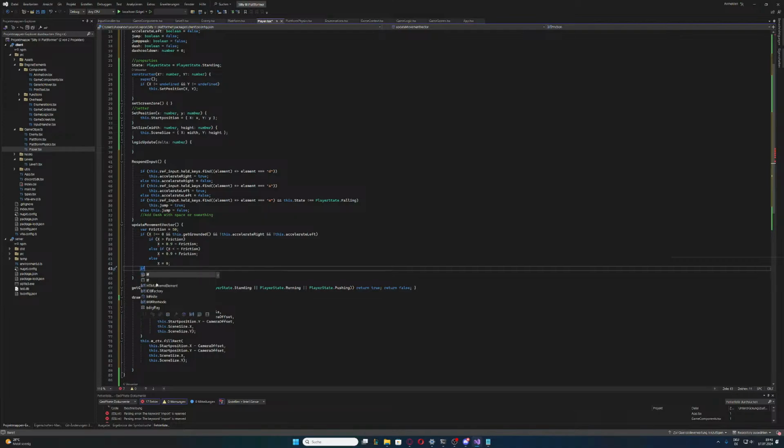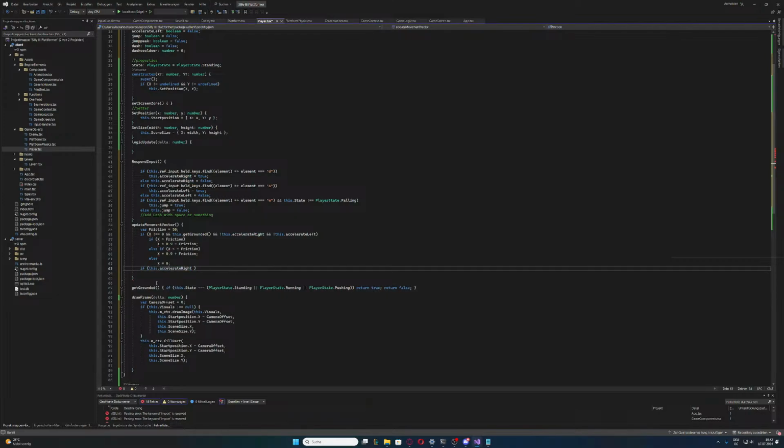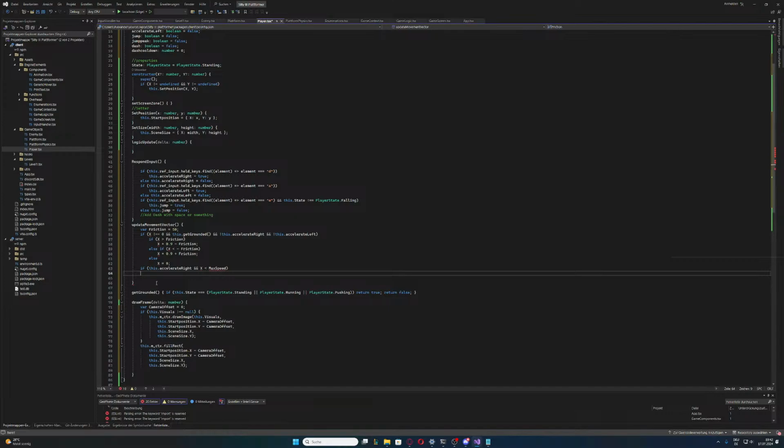Okay, if accelerate right, then if also, and if x is less than max speed, then x